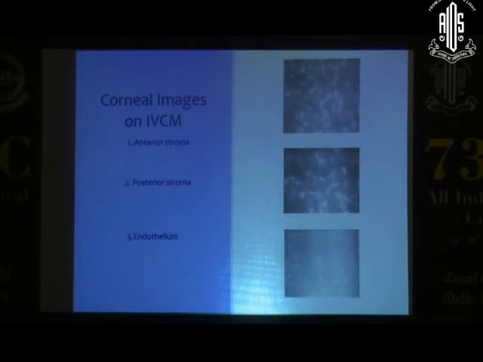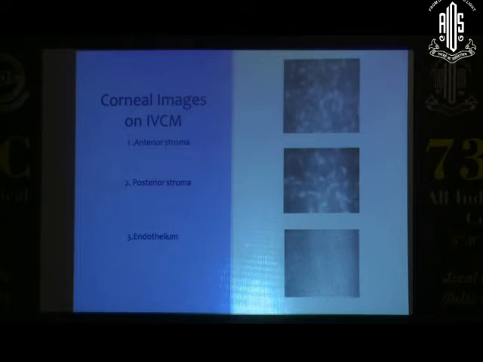The next area that you see is the anterior and posterior stroma, and there is a difference between the two. And if you see the LASIK flap, or corneal collagen cross-linking, then these are the areas that get affected, and you can study them serially post-op to see how the healing has occurred. What you see essentially are keratocytes, some interstitial substance, and collagen fibers. And there are more keratocytes in the anterior stroma than the posterior stroma, and the stroma, as we know, constitutes 90% of the cornea.